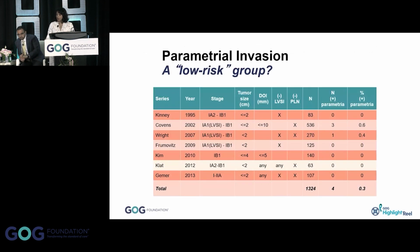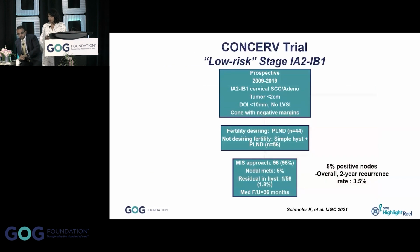So in a low risk group, when you look at these studies, you can see that the risk of parametrial involvement is less than 1%. It's 0.3%, which brings us to Dr. Schmaler's trial, the CONSERVE trial, which was a prospective cohort of low-risk cervical cancer patients, 1A2 to 1B1 with small tumors, less than 2 centimeters and less than 10 millimeters depth of invasion, with no LVSI, and a cone with negative margins. Prior to the treatment, she noted a 5% positivity of nodes and a 2-year overall recurrence rate of